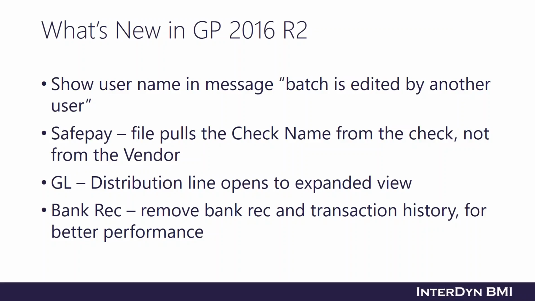When we use SafePay in 2016 R2, the SafePay file will actually pull the check name from the check and not the vendor. So there is a check name on the vendor card, and that's typically what we would use to print our check. But sometimes when we actually print the check or enter the voucher, we have something different there. And so SafePay was going back to the vendor card. Well, now it'll look to the actual check, and if that check name is different from the vendor card, then we would have the correct check name actually in the SafePay file